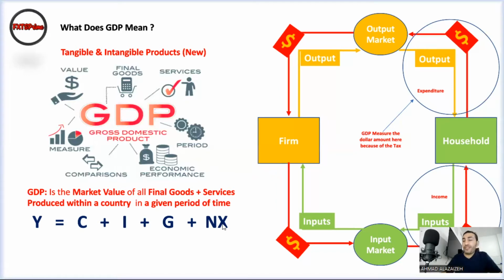And I'm going to detail this now. So Y means the amount of dollars in the market in this area. C means the consumption of the household. I means investment. And when we say investment, we don't mean that you go to the market and you